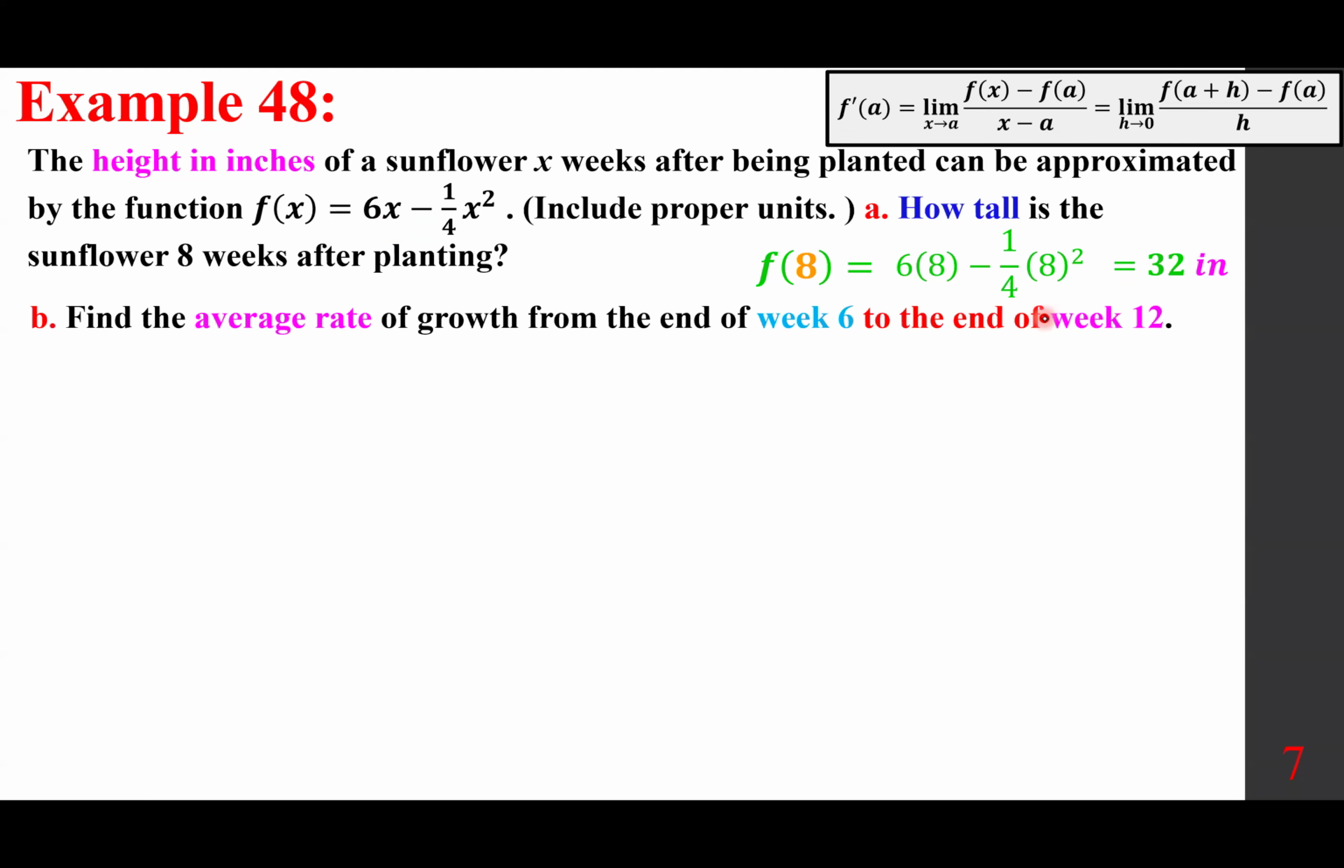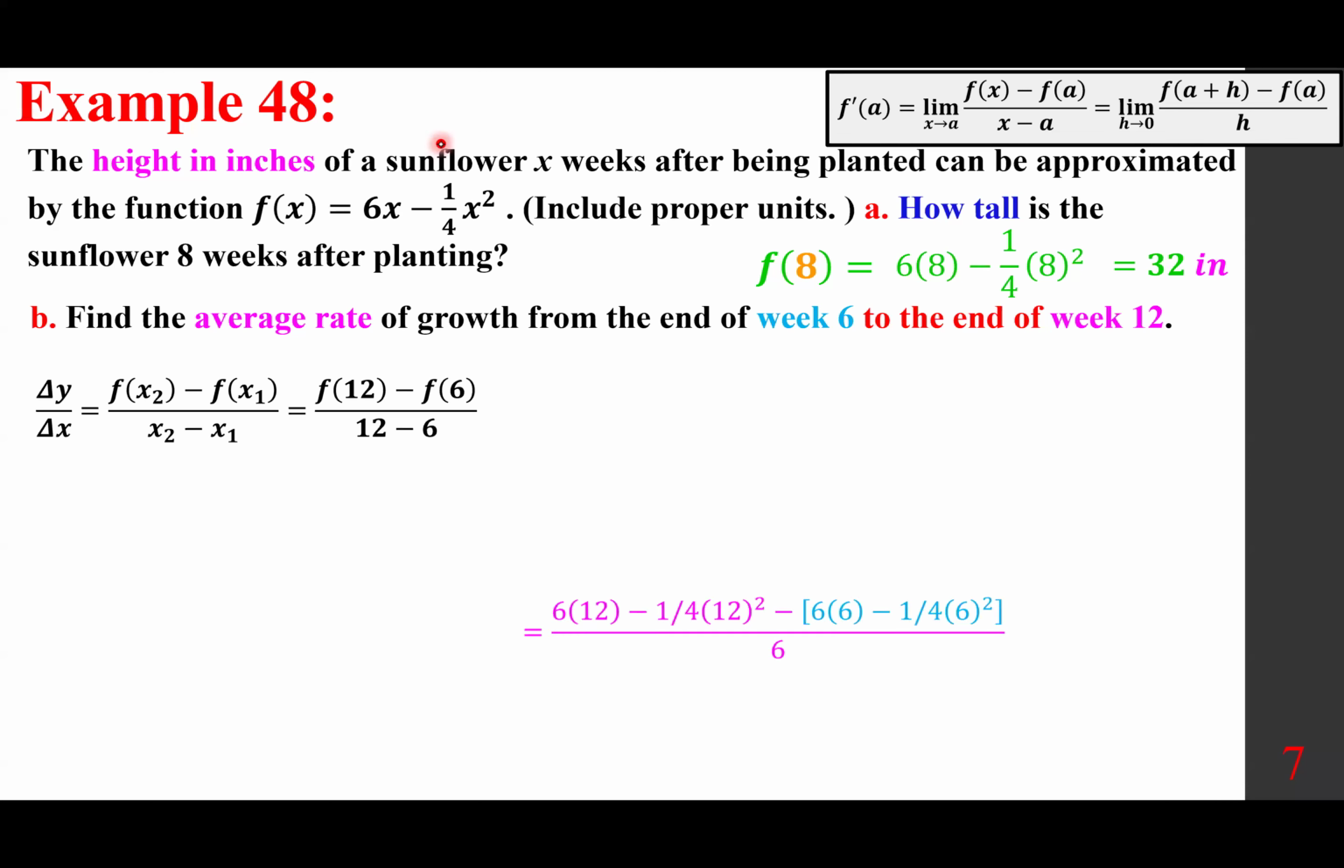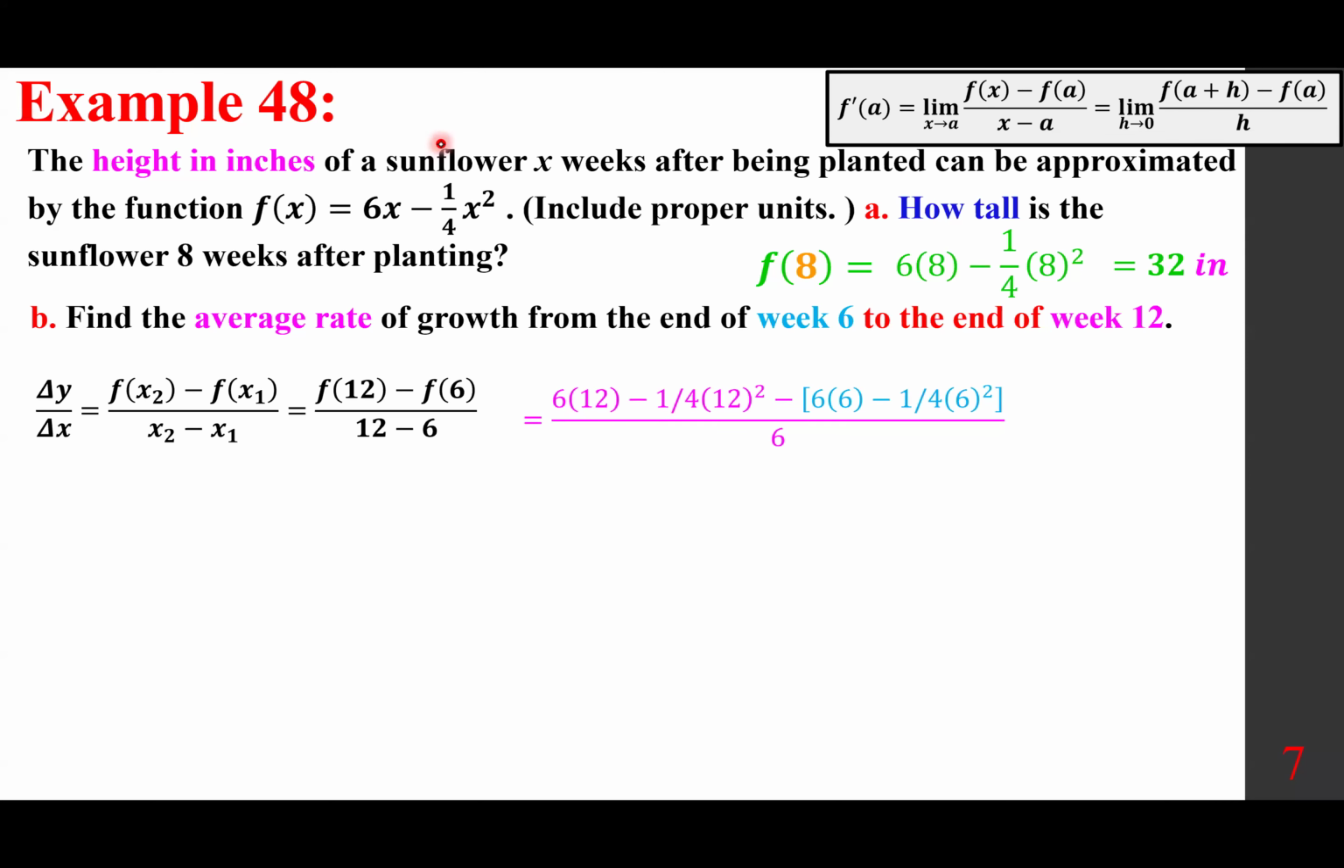Find the average rate of growth from the end of week 6 to the end of week 12. This is elementary algebra, rise over run, f of x2 minus f of x1 over x2 minus x1. That means f of 12 minus f of 6 over 12 minus 6. So go to the original function, plug in 12, plug in 6, evaluate it. 6 times 12, 72 minus, this is 144, 1/4 of it is 36, so this is 72 minus 36. 6 times 6, 36, 6 squared is also 36, 1/4 of it is 9, so this is 36 minus 9,